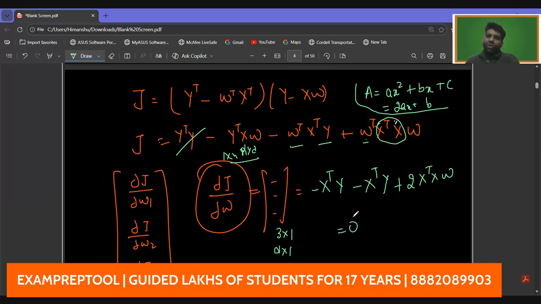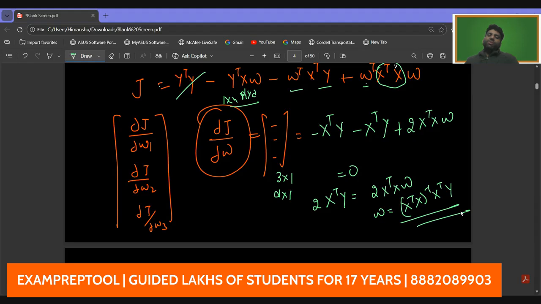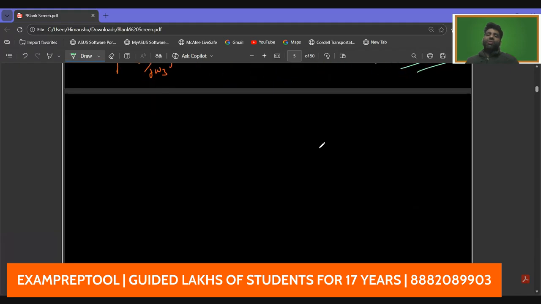The moment you put it to 0, what you are getting is, I hope you can see, twice of x transpose y is equal to twice of x transpose x w. From here also you can see again, your w should be equal to (x transpose x) inverse x transpose y. And this is our solution which we talked about. So I hope we are clear on both ways, using calculus and using basic understanding, how we can find